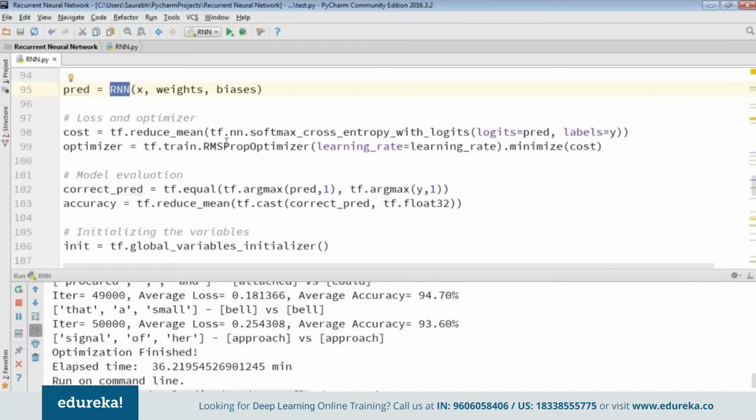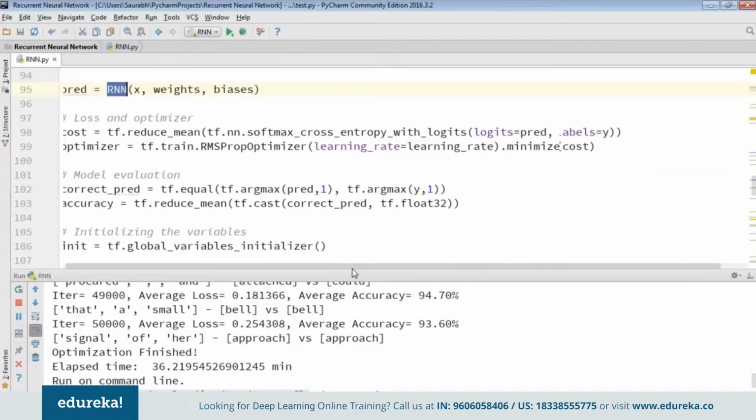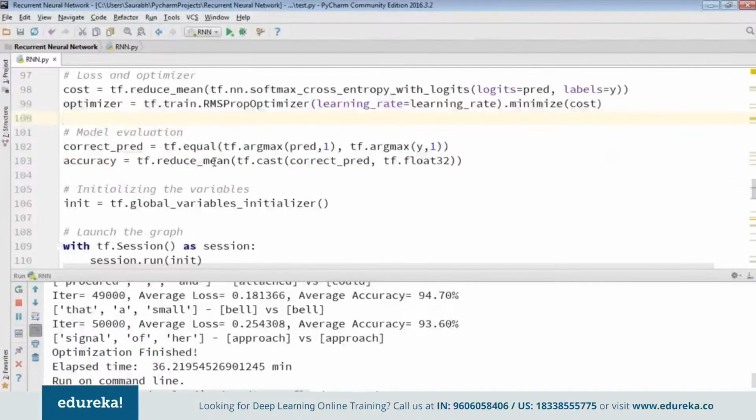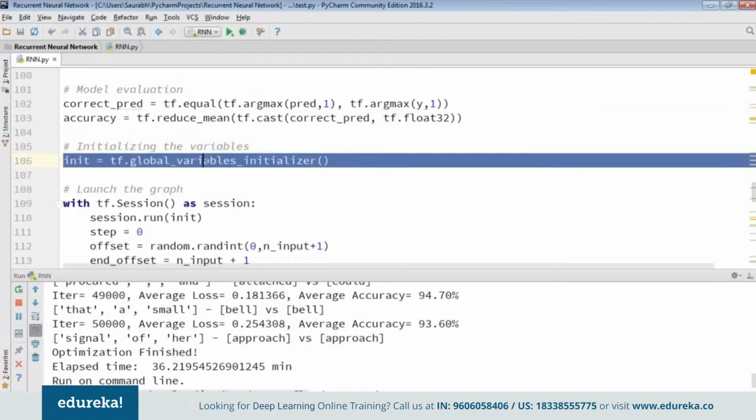For calculating the loss, we are using reduce_mean, softmax cross entropy, and this will basically give us the probability of each symbol, and then we are optimizing it using the RMSProp optimizer. All right, and this actually gives a better accuracy than the Adam optimizer, and that's the reason why we are using it. Then we are going to calculate the accuracy, and after that we are going to initialize the variables that